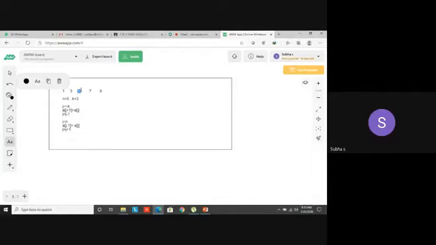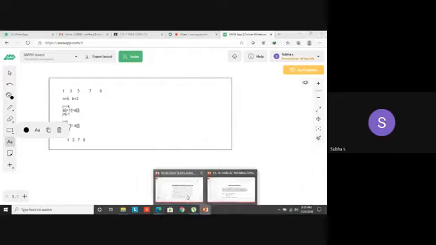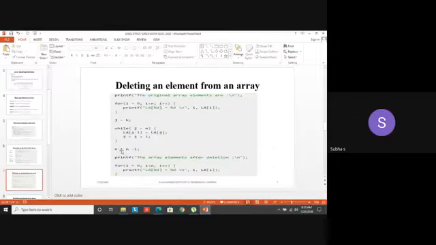Suppose I can print that deleted element also. Print the deleted element; you can assign it in a variable called key. Or in that position itself you can mention, you can retrieve that element, then you place all those elements. So after deleting 5, what will happen? My array will be 1, 3, 7 and then 8. So the array size becomes decremented. That is why I mentioned that particular statement, n equal to n minus 1. Got it?